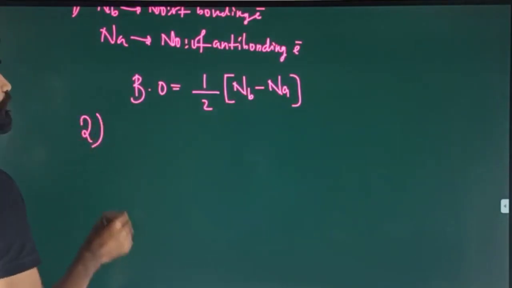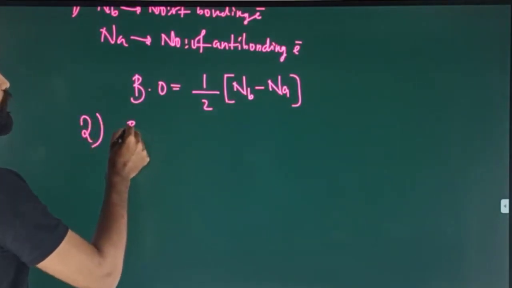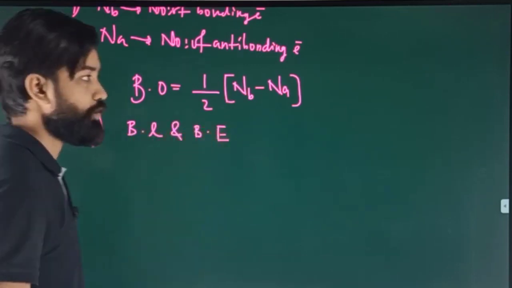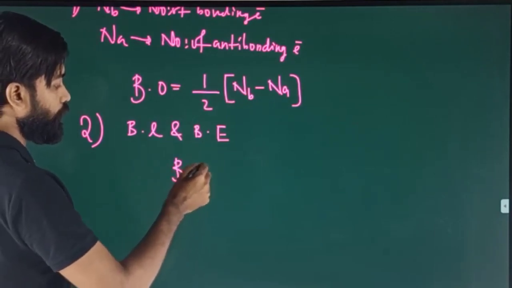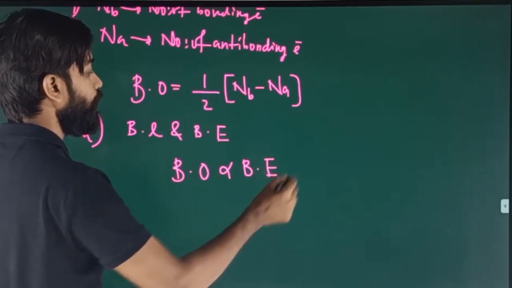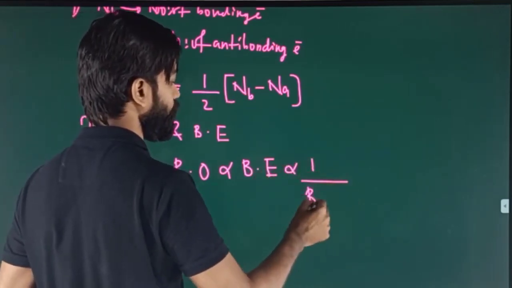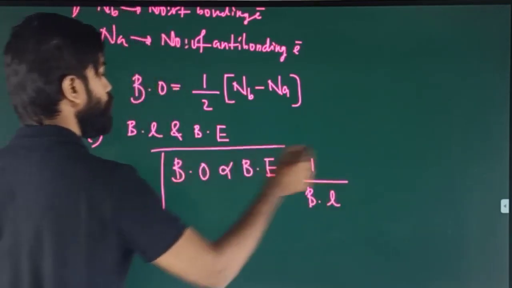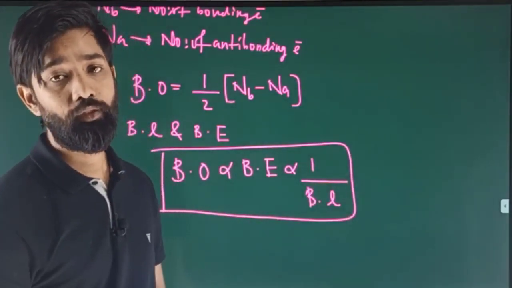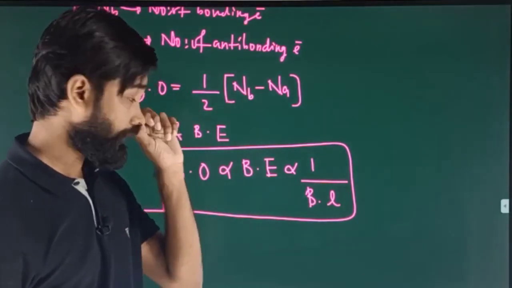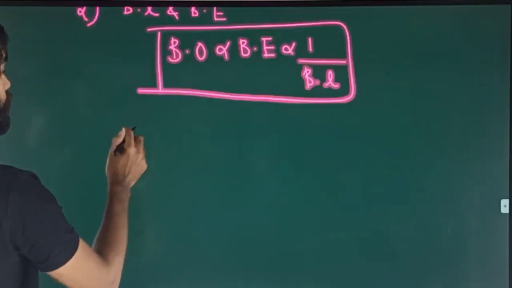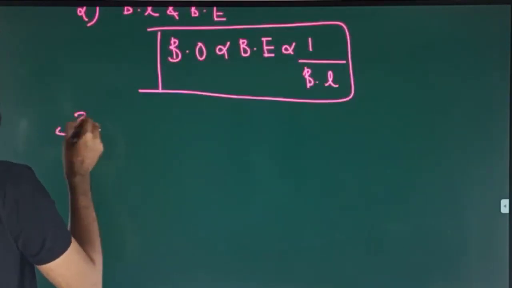If we know the bond order, we can arrange species in bond length and bond energy. If we know the bond order of some species, then the same order follows for bond energy, but the reverse order follows for bond length. So if you know the bond order of different species using molecular orbital configuration, then you can easily arrange them in bond energy order or bond length order. Okay, you know what bond energy and bond length are? We already discussed that in bond parameters. Number 3,